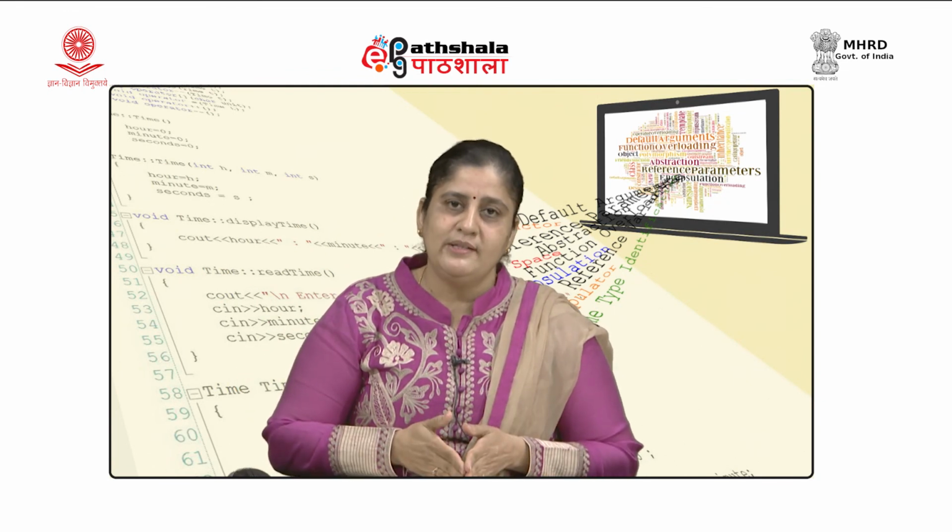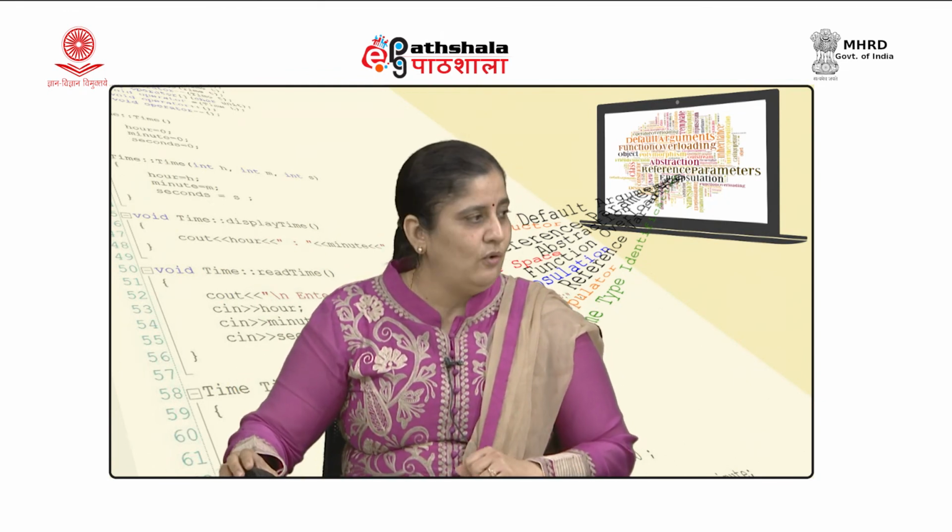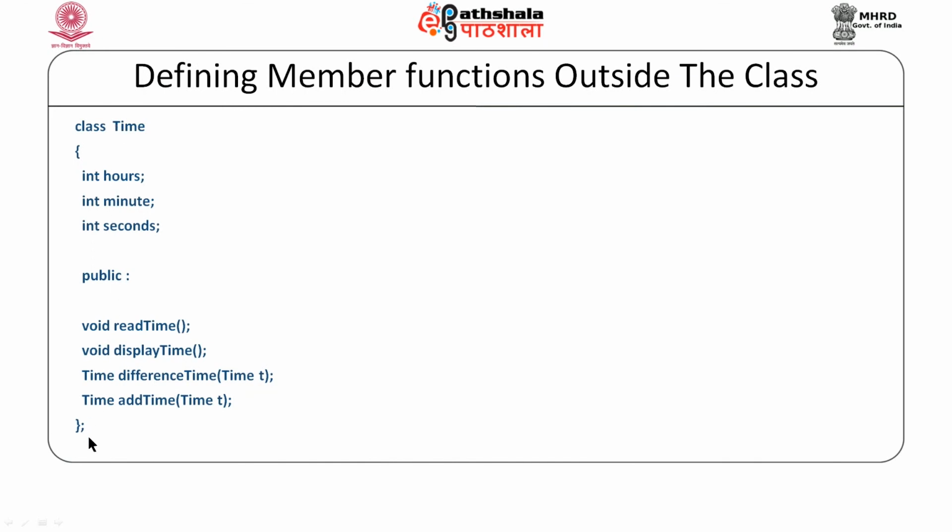Now, what we would do is, so now my class is over here. So, the class has been completed over here. But what remains to be done is the definition of these functions that we would define outside the class. Now, you would see, even if I add 2 more functions, still in one page or in one screen I would be able to have the entire definition of the class. So, very clearly I would be able to see what the class actually has and what data members and what operations are defined inside that class. Now, let us see, when I need to define the functions outside the class, how do I define them?